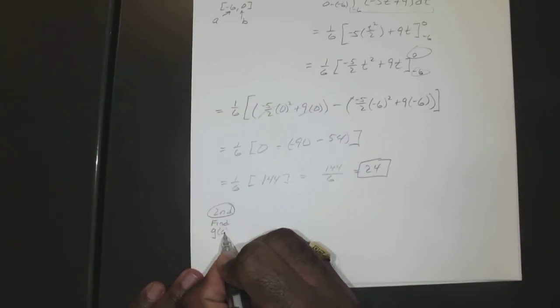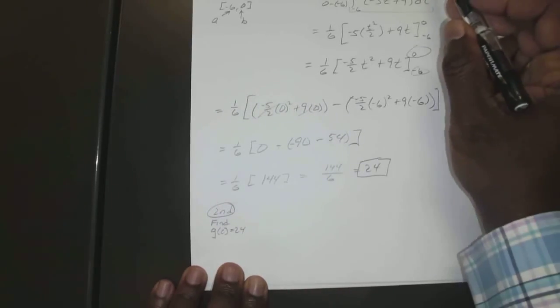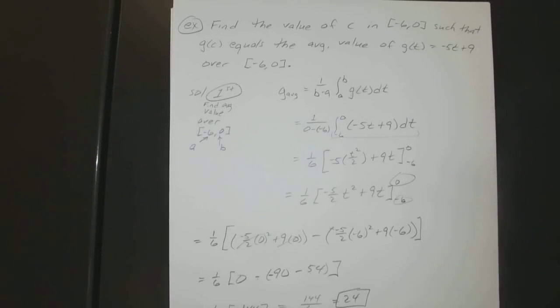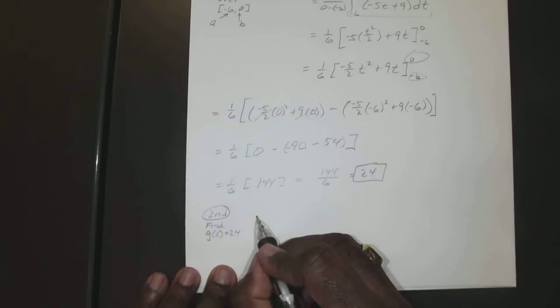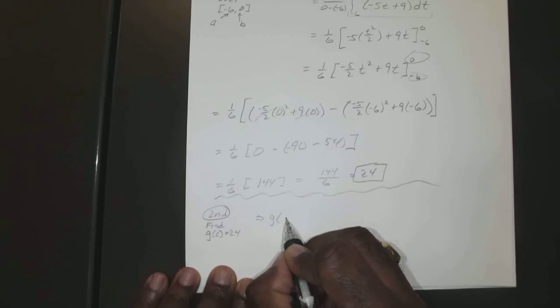Find your G of C that equals 24. Okay, so our G of C is just our G of T, but we're going to change it to C. Kind of separate that a little bit. So your G of C